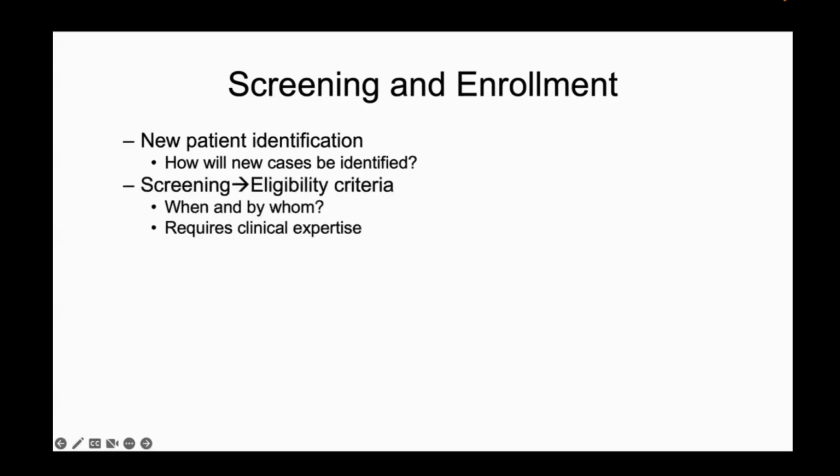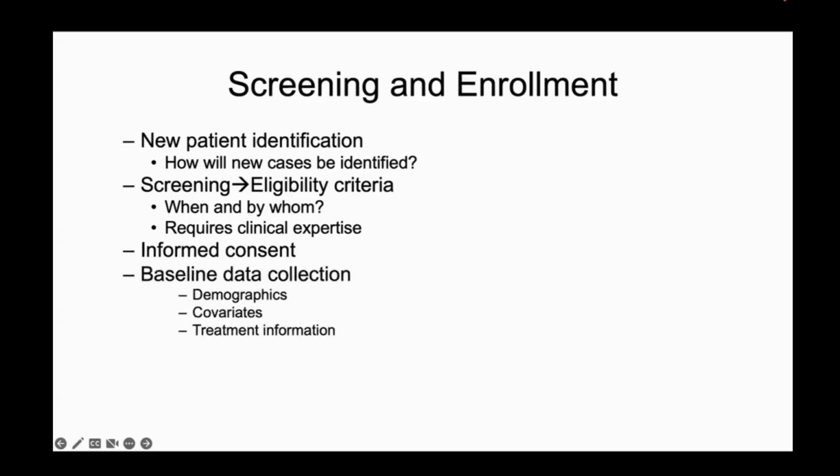This requires clinical expertise. Informed consent is a critical element in carrying out this work. You need to be able to establish protocols for confirming that informed consent is actually being conducted prior to enrollment and randomization of patients in your study. You need to have a good mechanism for gathering baseline data, including demographic information and treatment information, and establish a sequence within which treatment assignment is going to be randomized after patients have been properly screened and informed consent has